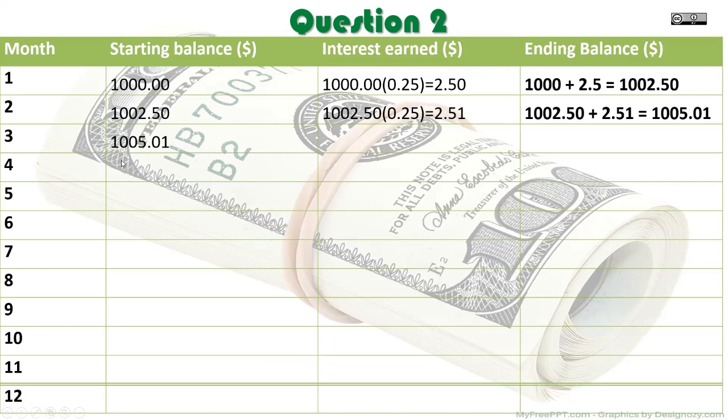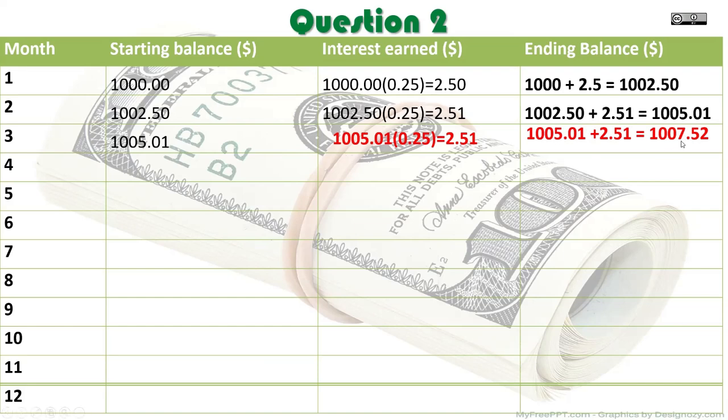So we continue this calculation using the fact that we know for a month we have 0.25 to get our new interest. So here we find $1,005.01 times 0.25. Remember rounding, and we again end up with $2.51. And we add that to the $1,005.01,